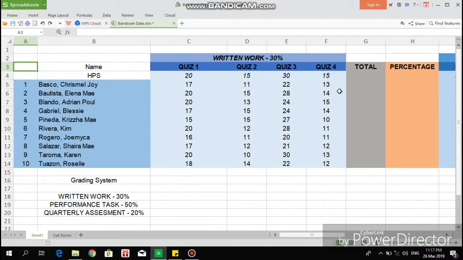So now let's proceed to the total column where we will use the sum function. So here's how the sum function goes. You need to put an equal sign. By the way, when you are using any formula, don't forget to put the equal sign so that it will be recognized as a formula, not as an input. So let's proceed. So write sum,